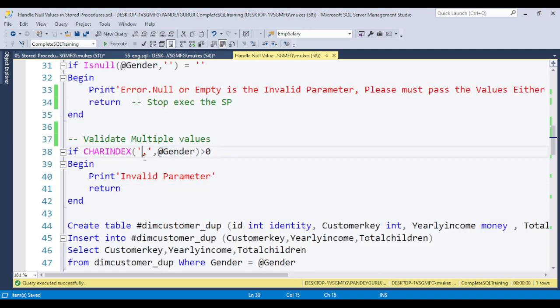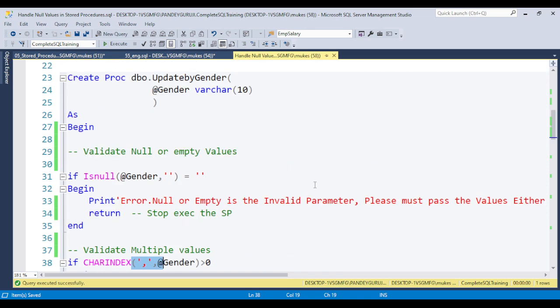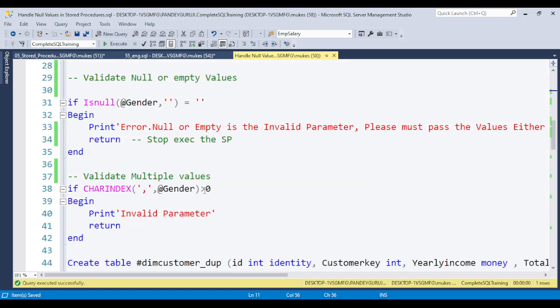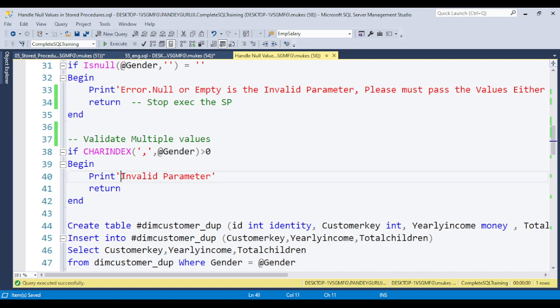If the index position of the comma is greater than 0, it means they definitely passed multiple values. So we always print an invalid parameter message, or whatever the requirement given, like please must pass a single value. You can print any type of invalid error, for example an error: invalid parameter, please must pass the single value, so the user can understand. Again you need to put RETURN here.